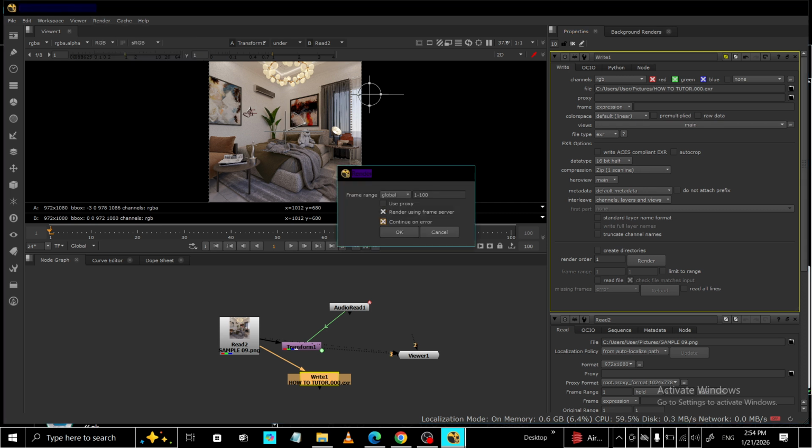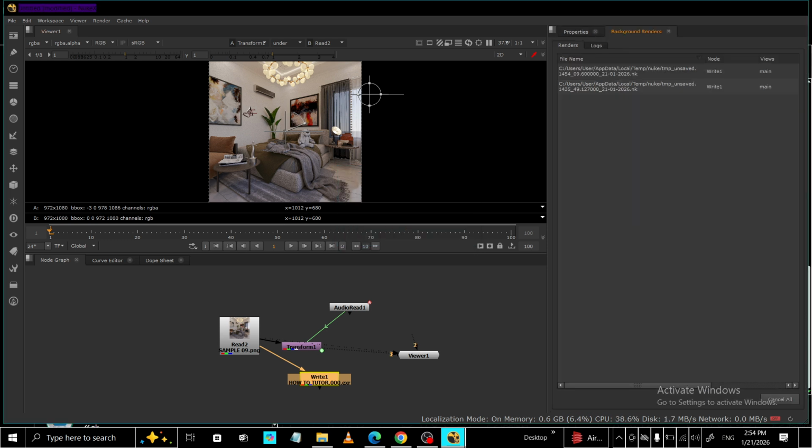Finally, check your output. Open the folder you selected and you should see a neatly numbered EXR sequence like output_0001.exr, output_0002.exr, and onwards. If the files aren't there, revisit the write node connection